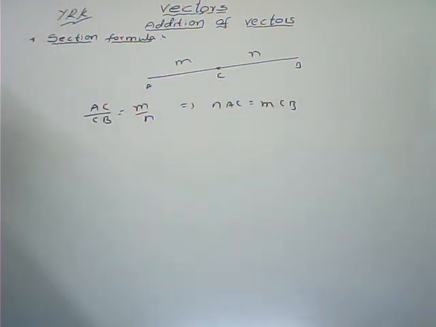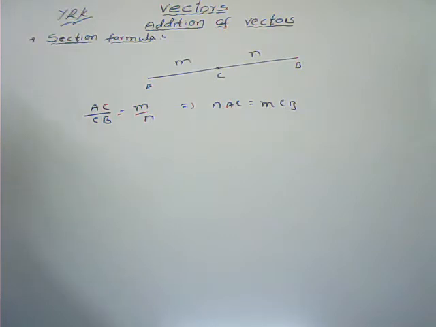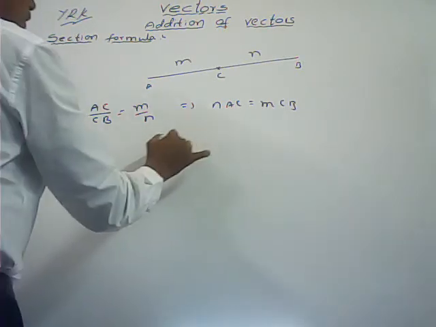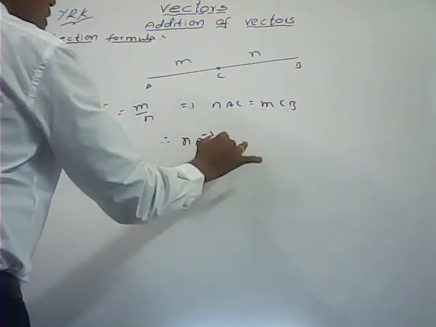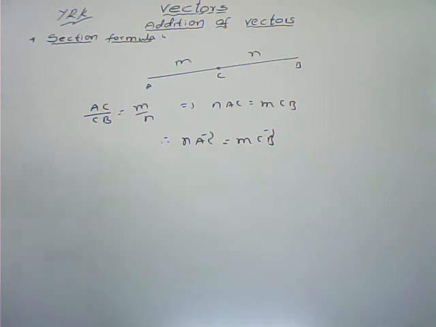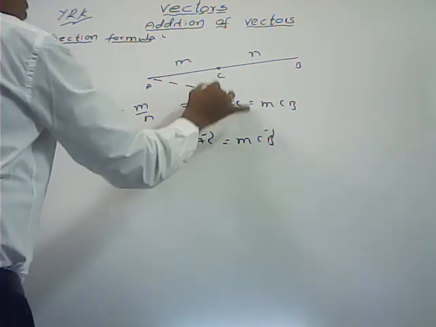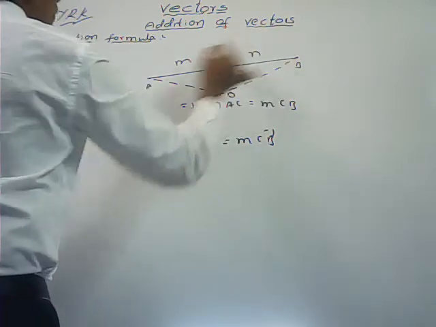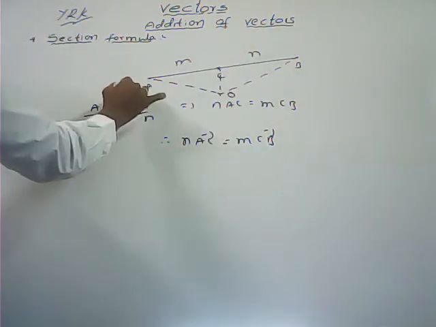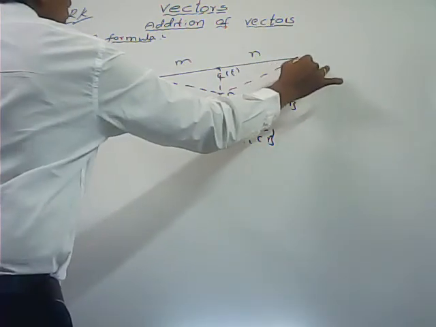All are in the same direction. Here AC and CB both are in the same direction, and these two magnitudes are also equal. So here both the vectors are equal, we say. Therefore I can write N into AC bar, that is equal to M into CB bar. Here we want OC bar. Here the position vectors of these points with respect to origin, we say OA bar, that is equal to A bar, and here I am taking C bar, this one I am taking P bar.